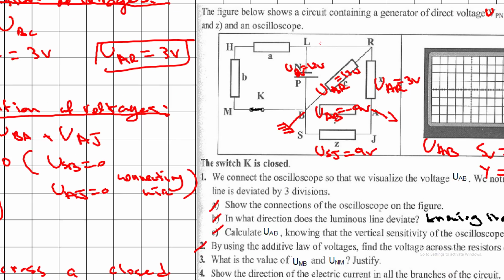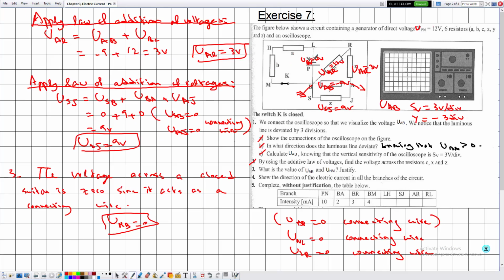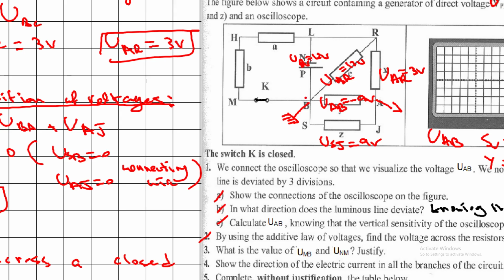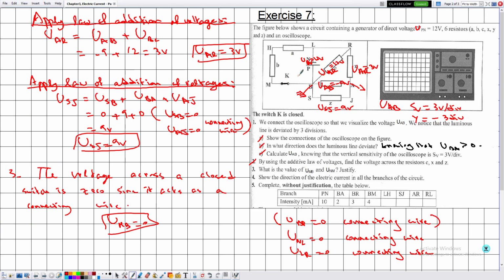Although across the points N and M we can do it in different ways, from A to H, H to L, and L to N, we don't know these voltages, so we can go directly from N to P, P to B, B to M, because we have discussed the voltage across the closed switch. So let me apply